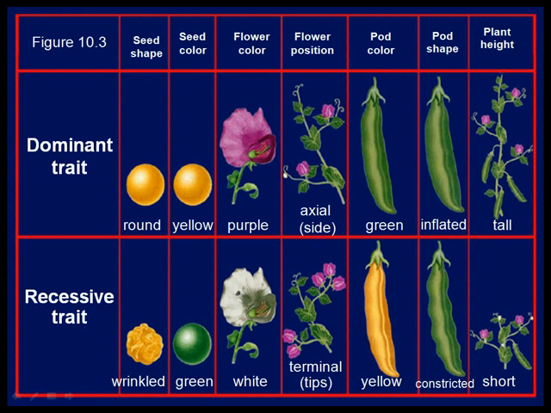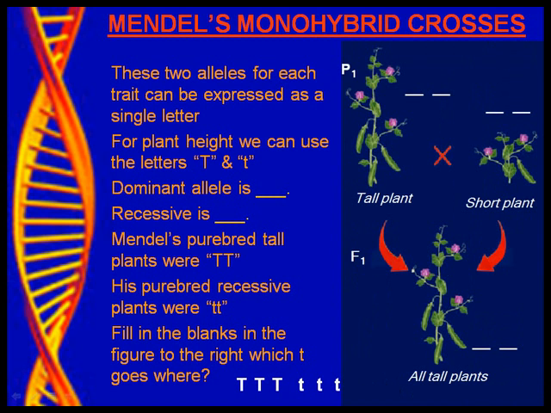And so here's a table that you should know, the difference between dominant and recessive. You should be familiar with all these by the time we get to test time, but especially the colors of the seeds, shapes of the seeds, colors of the flowers, pod shape and pod color, tall plant versus short plant. You should know what all these are. You're not really going to see these; they would be too confusing to notice on a test. But all these other ones, you should be able to recognize which one is dominant and which one is recessive. And you're going to do a lot of work with them, so hopefully that helps.